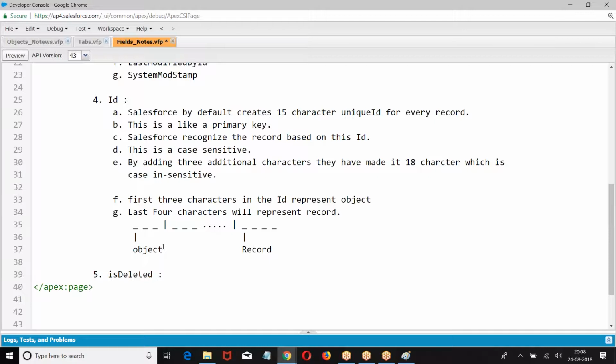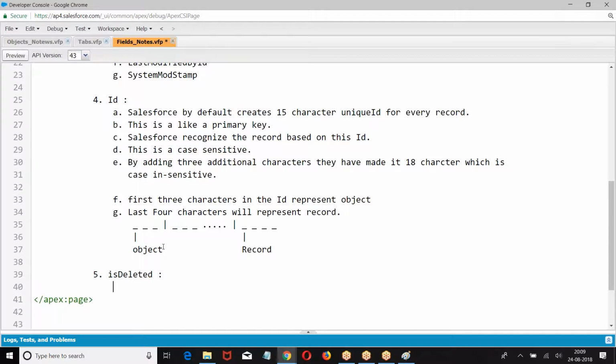When the value of IsDeleted is true, that means the record is a deleted record. After 15 days, the record will be permanently removed from the table. I hope you are good.